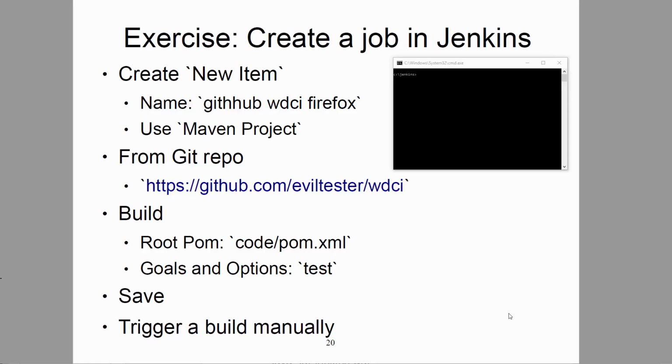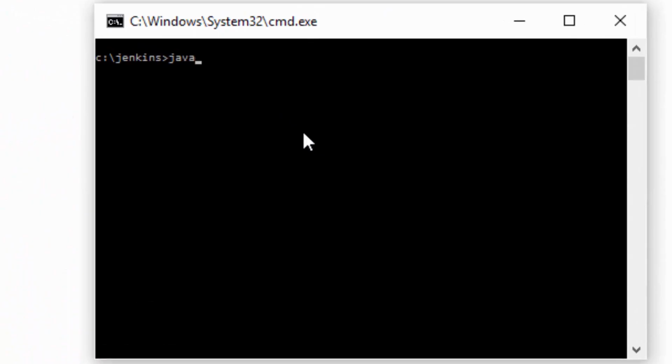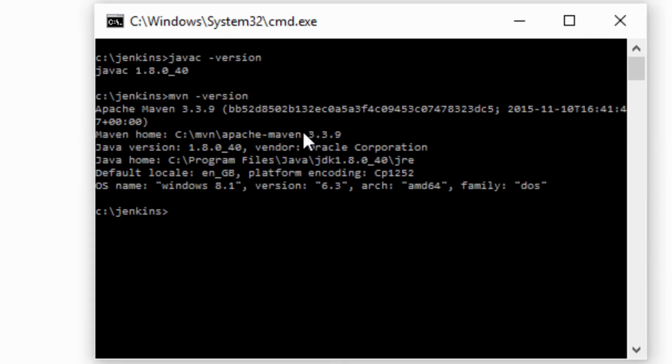So now we're going to put everything together. Now if you haven't installed Jenkins or JDK or Maven or Git or whatever else, then follow the instructions in the course to do that. The prerequisite for this is that you have javac running from the command line, Maven running from the command line, Git running from the command line, and you have